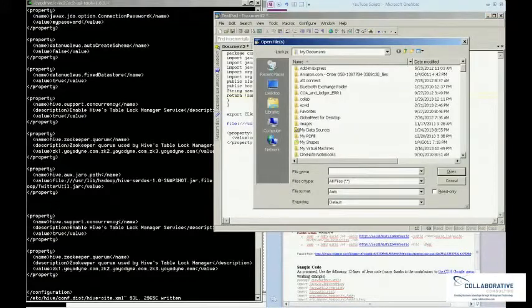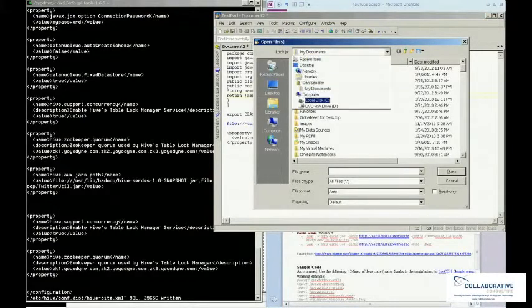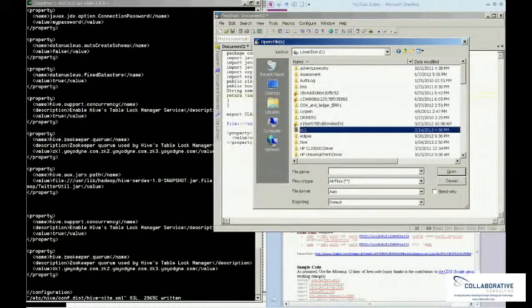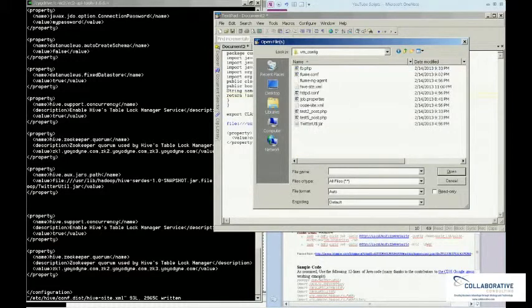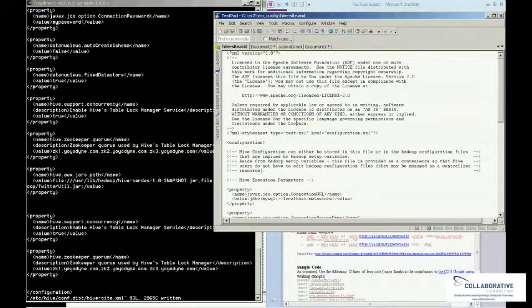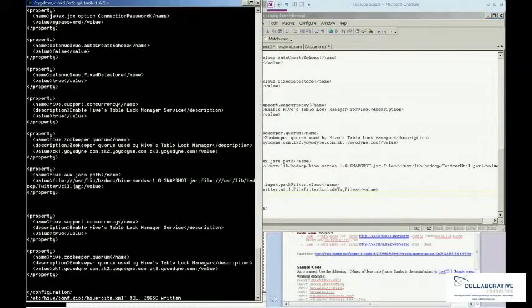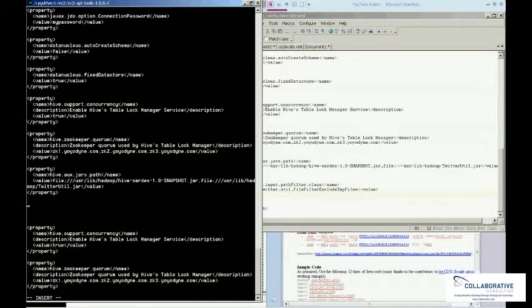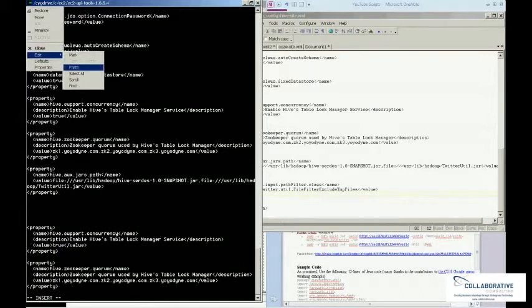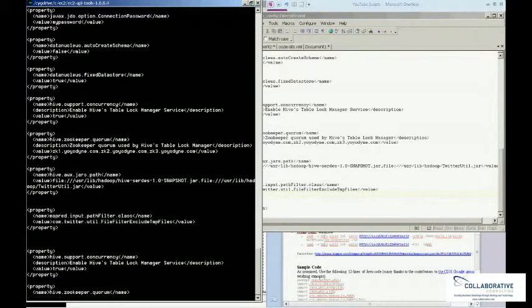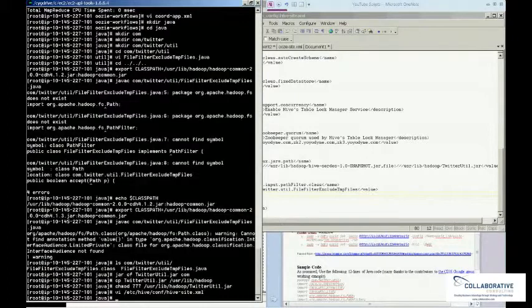And then I can open up, for some reason my system doesn't really like some of the characters in my OneNote cheat sheet. So that's okay. I have a backup. So we need to put this here. Okay. The MapReduce input path filter class. So